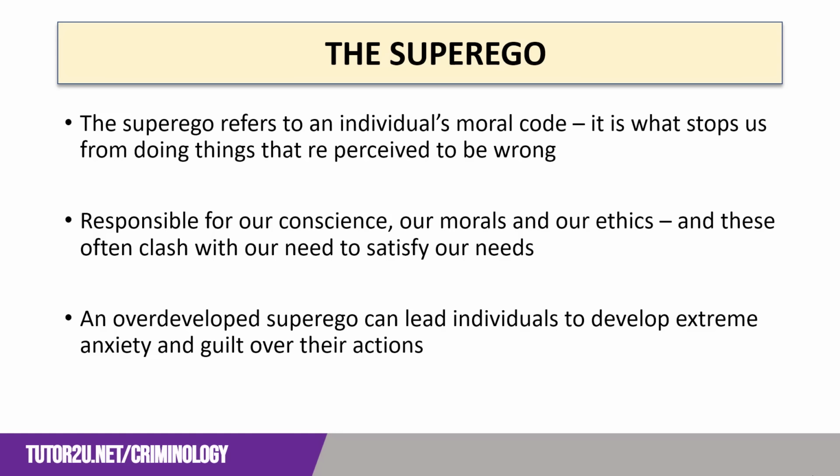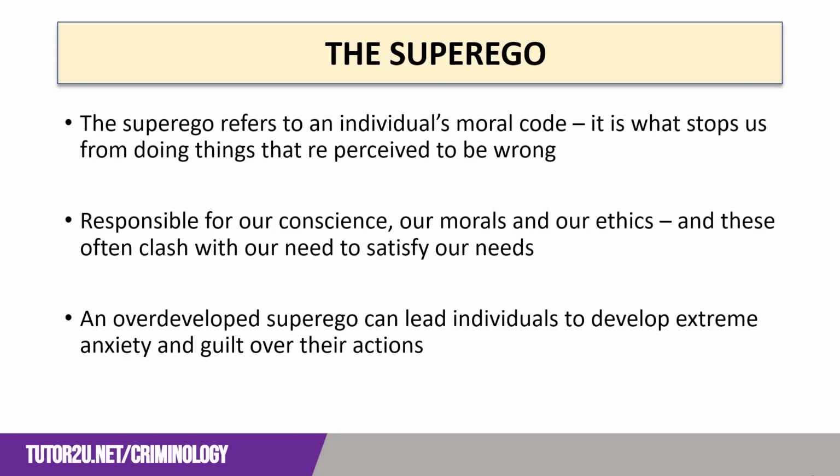With a limited superego, we just take what we want, but in society that can cause problems. Our superego develops to aid us in knowing what is right and wrong. It's our conscience, so to speak, and that guides our morals and ethics. This causes friction within individuals as it clashes with our id. For example, we may desire the latest iPhone, and our id may look to obtain that through any means possible. However, our superego is what tells us not to commit crime or to hurt others to achieve that goal. It stops us from stealing from others.